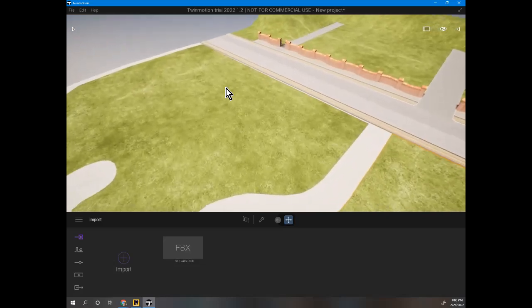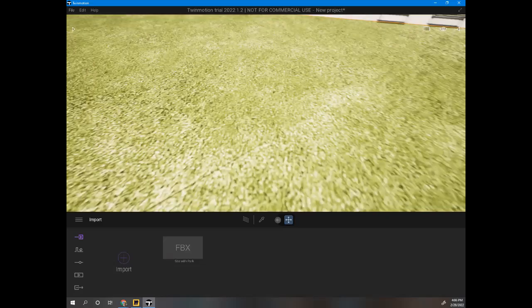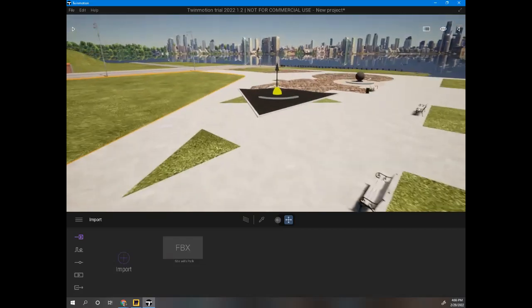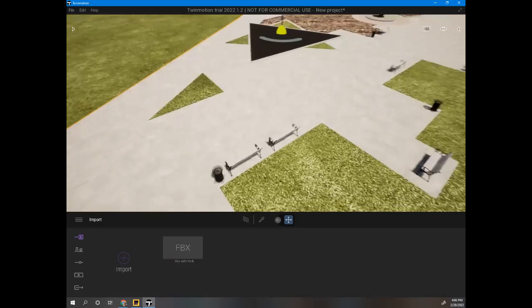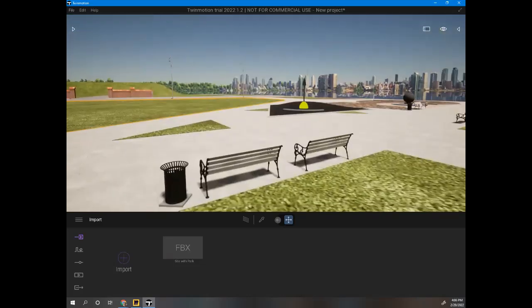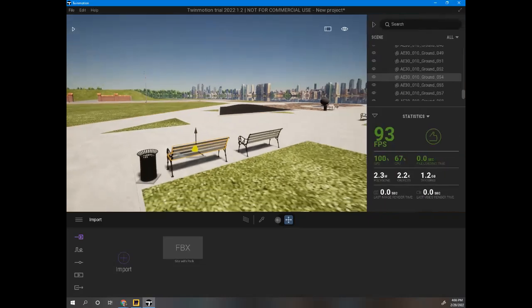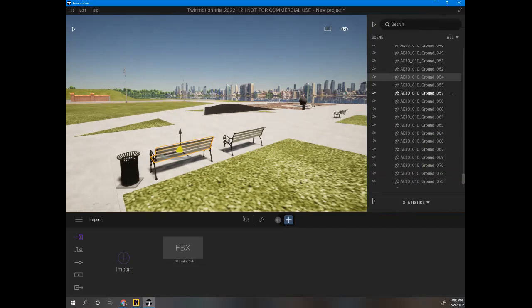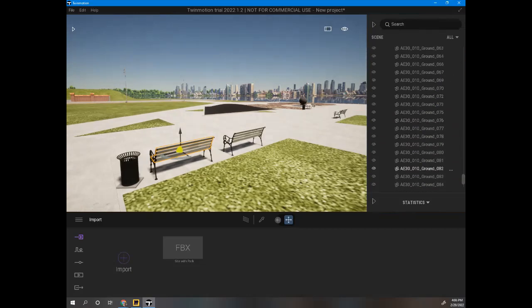I tested it out a little bit and placed my buildings in different positions. One of them I placed here because I love this little park element right here. All of these elements are on layers, or they should be at least. If I click this object here, remember the menu on the right tells you more statistical stuff about your scene. It's telling me my frames per second, and all the objects that I have in my scene. Might seem a bit plentiful,